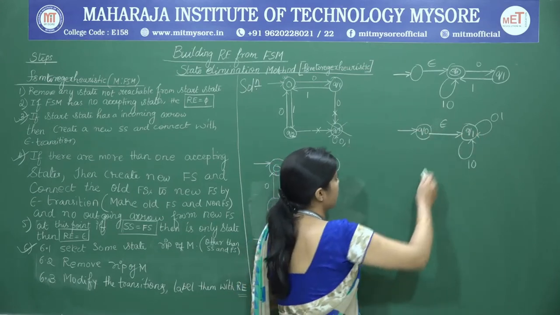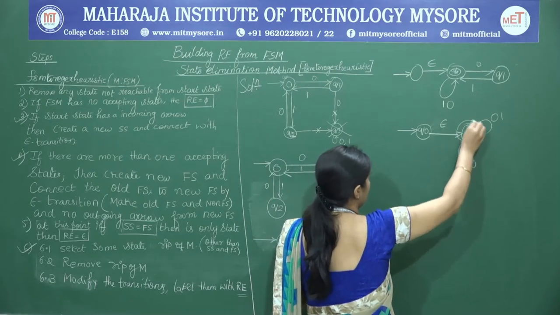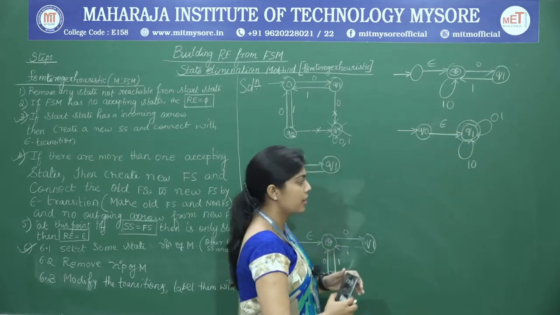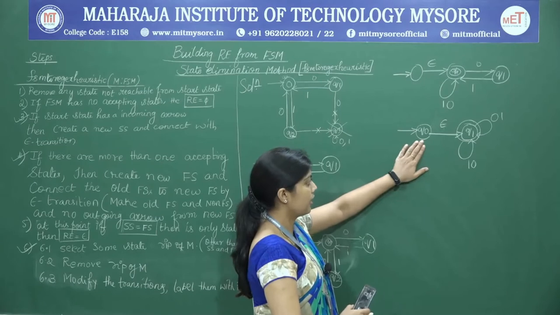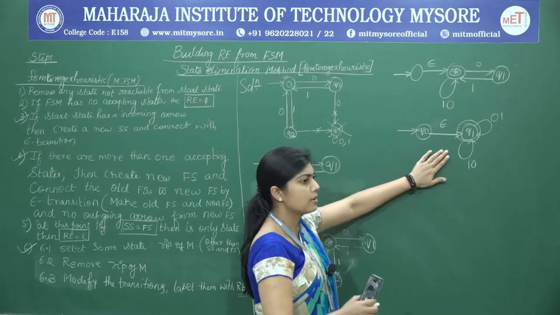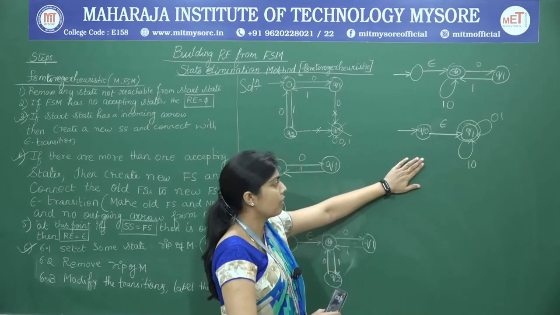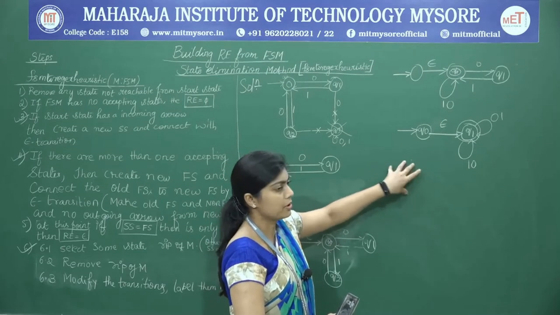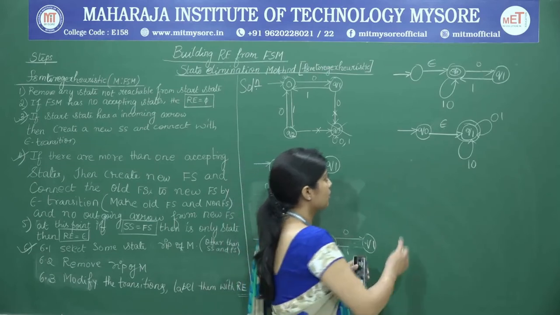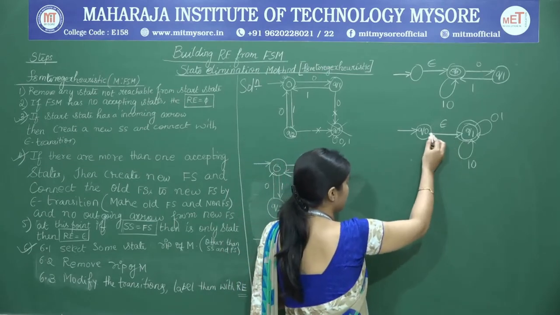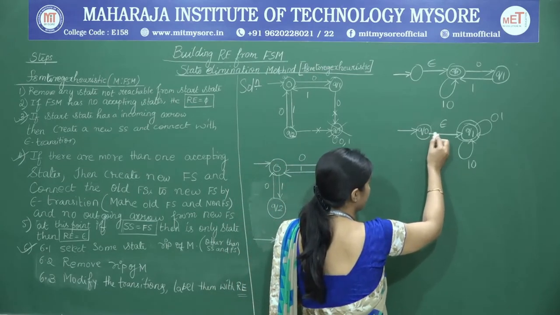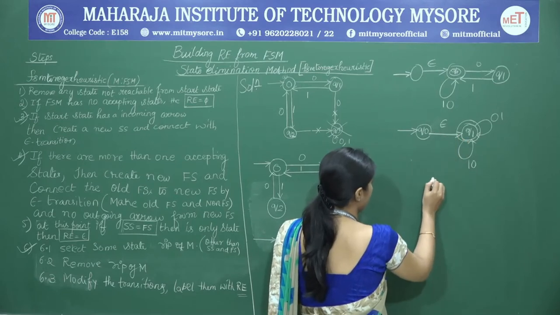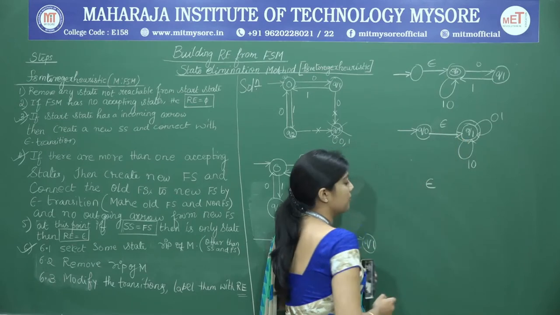After we have formed this, we are left with only two states. What are the two states? That is the start state and the final state. So this is the point at which you are going to write the regular expression for the entire thing. When you write the regular expression here, this is Q0, so it has an epsilon. So I am going to write epsilon here.